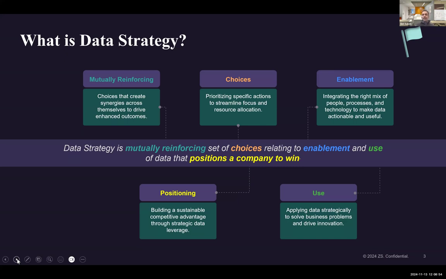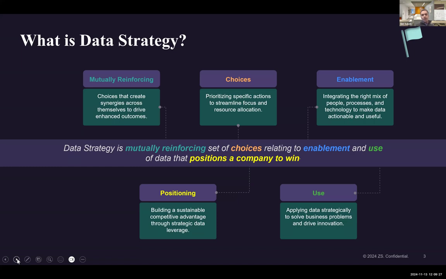And again, the reason we thought a definition was important here is, I've heard in my career, even within data strategy, a lot of different ideas and perspectives on what a data strategy is, all the way from data strategy being synonymous with data governance to data strategy being all about sourcing external data. So I've heard a lot of these differing perspectives. So we wanted to bring it together to say, here is what data strategy could truly encompass.